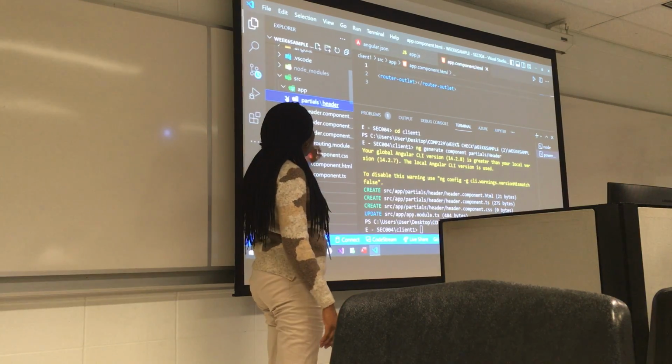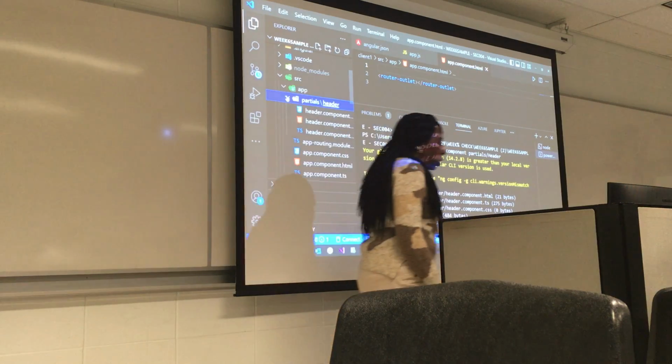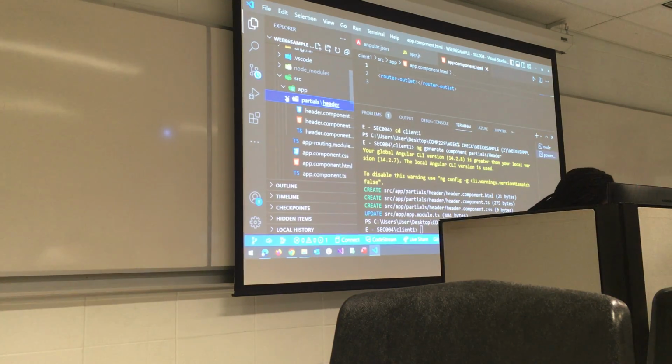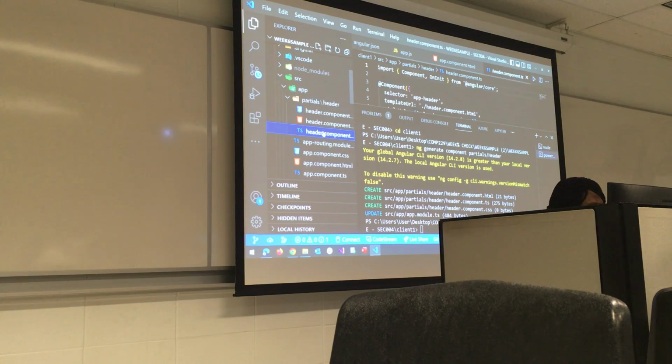So you have all the components for the partials for the header, right? So in that folder, we have the header component CSS, header component HTML, header component TS. So open the header component TS.